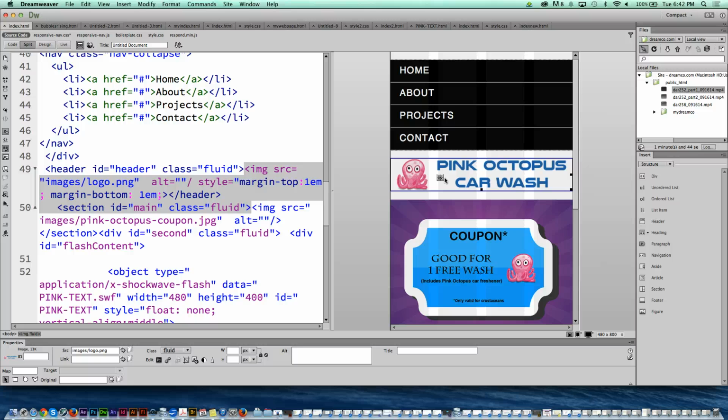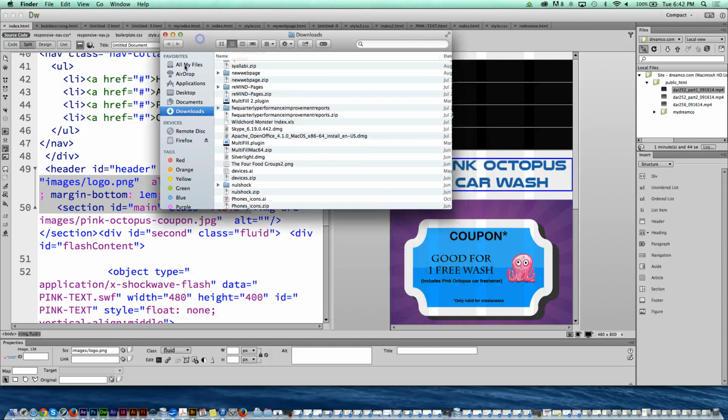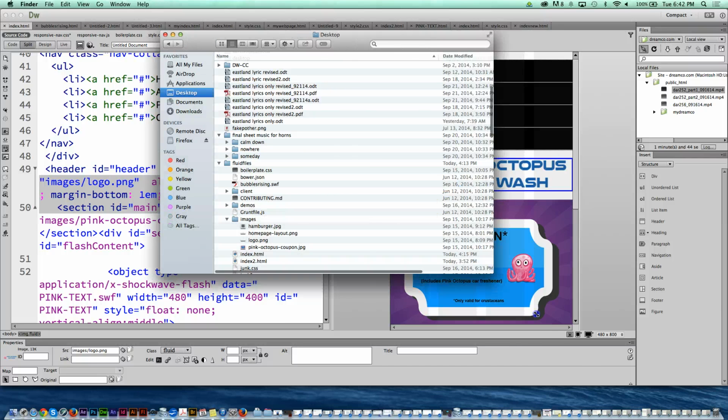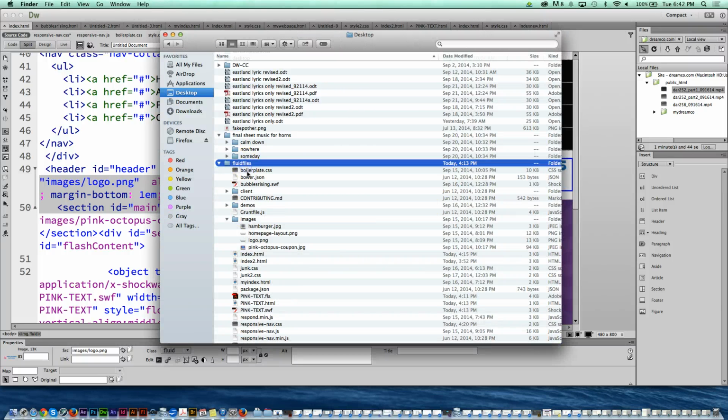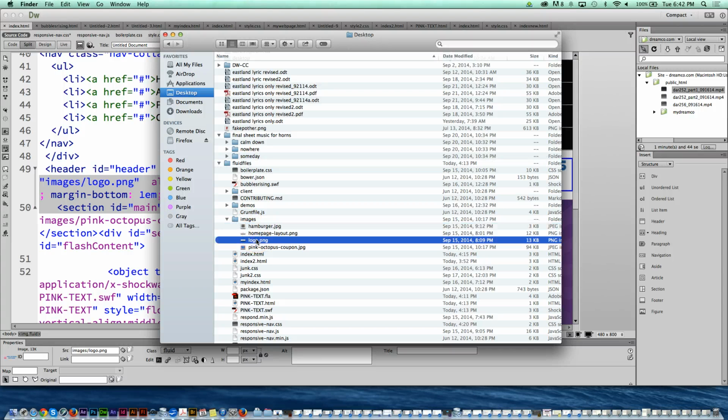Okay, so anyway, if we click on this, it tells us that it's inside the images folder and it's called logo.png. Now if we go back to the desktop, where our fluid files are, or wherever they are on your computer, and we look in the fluid files folder, which is this guy right here, we see that there's an images folder, and inside there is something called logo.png, right?